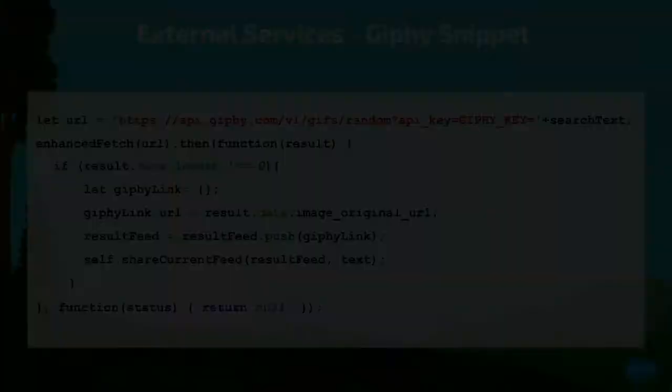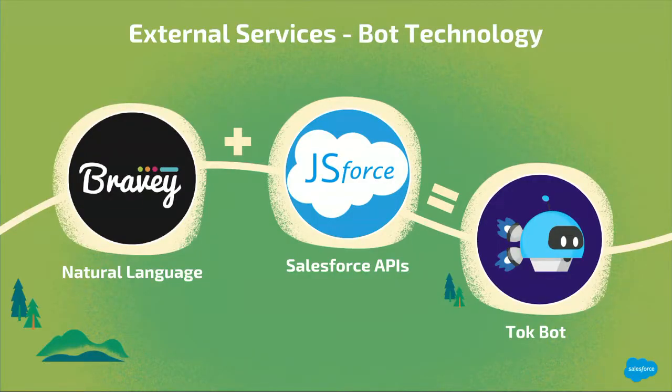Great. So that was basically Giphy. You can go to developers.giphy.com to find all the information on their APIs and how to integrate it with your applications. So the second external service that we're going to cover